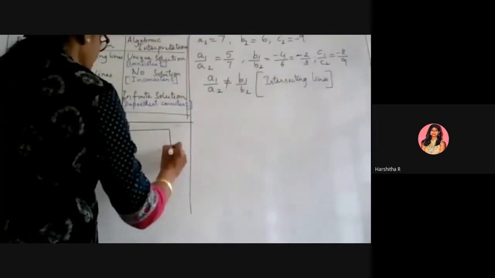Alright, now I create the table for that here. I told you we want at least 3 ordered pairs to find the solution. Minimum is 3, but if you can smartly get 4, it is always good. But not less than 3 ordered pairs. So what I should do, I have taken x in terms of y. So I should give values for y to find out the value of x.